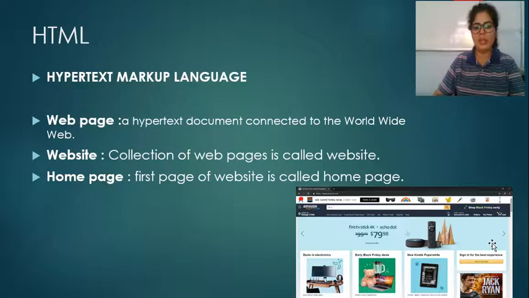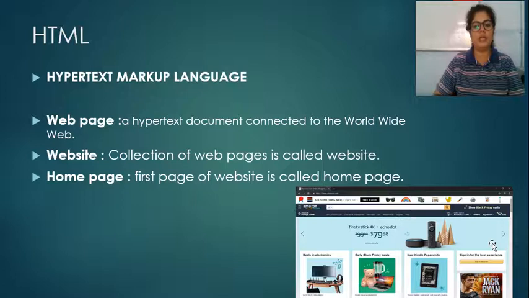The first page it displays is the home page. The home page is the first page of the website, and when you click on any link or item on the first page, it allows you to move to the next page, because a website contains a number of pages. So a website is a collection of web pages.